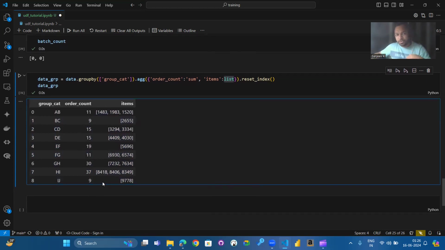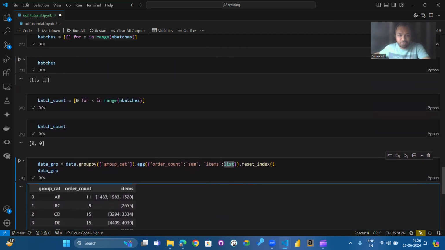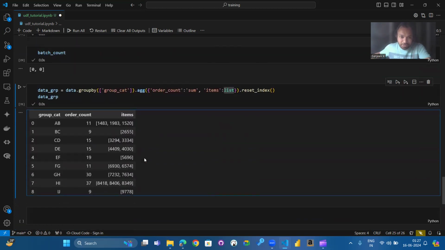Now I want to convert this into 2 batches. How do I convert it? You have already taken a base. I want to use these 2 batches and look at the batch count. Every time I add one group to a batch, I'll change my batch count so that when the next record comes, I know which one is the lowest one. So in NumPy,